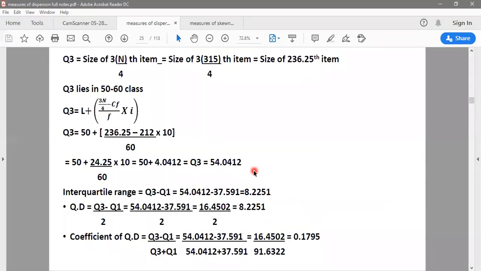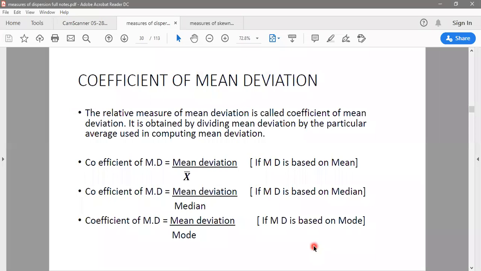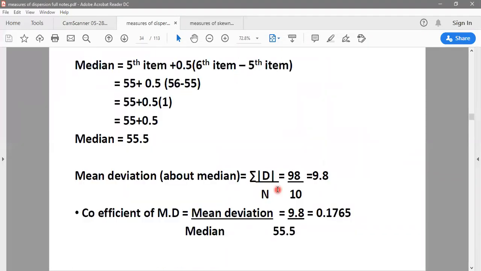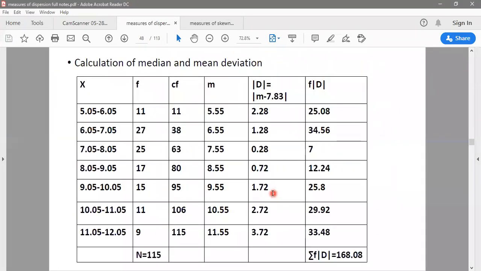Now going further, when we saw mean deviation is where I see many of them might get confused because of the modulus D. So be careful with modulus D, and please understand from where you are calculating the mean deviation. Are you calculating mean deviation from mean, median, or mode? And mode, we have solved only one problem. In our syllabus, the basic attention is given to mean and median. So that is your mean deviation, and we have solved enough problems. This is the same class notes which I am referring to for you, where we have solved all the problems.